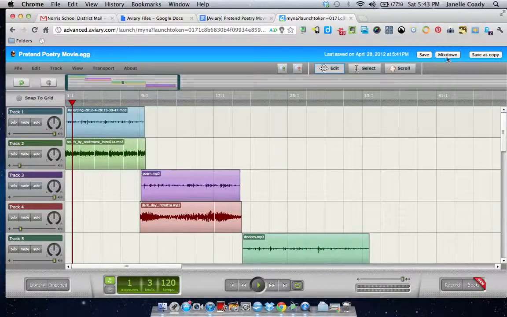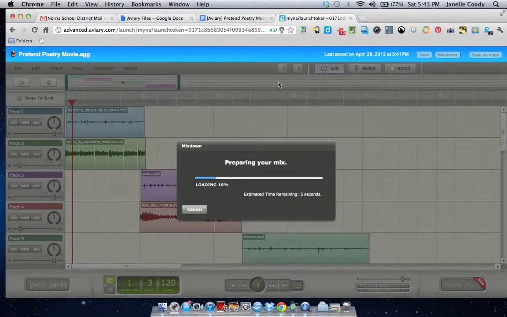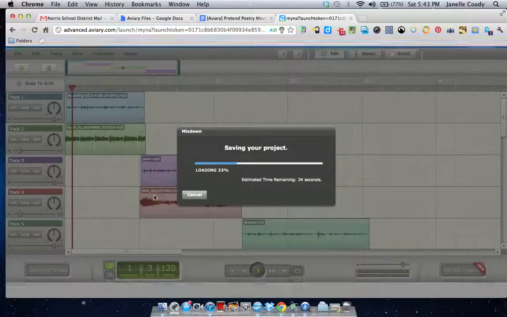And then I mix it down, and it's going to say, hey, what format do you want to save it in? Takes a little while depending on how big your file is, but fairly fast. Hoping at school it will be equally as fast. It says 30 seconds here, so